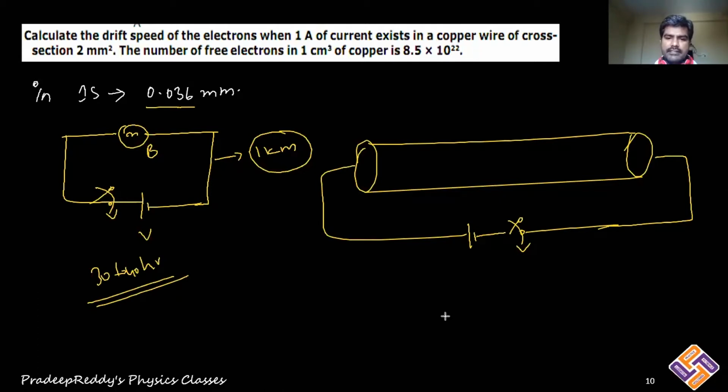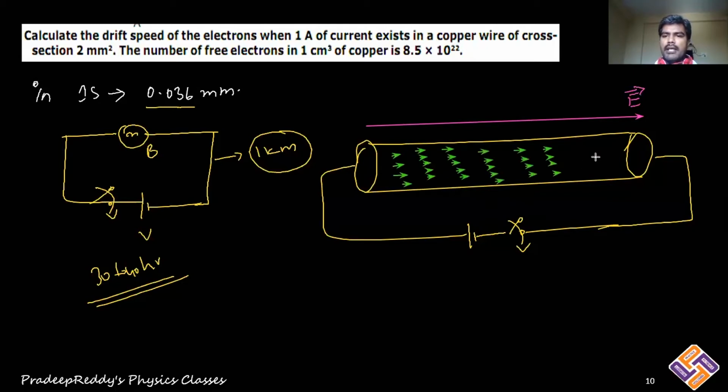that we have already discussed. There is an electric field which is set up from the positive terminal of the battery to the negative terminal, and this is electric field E. And all the electrons which are present over here are drifted in a specific direction. All the electrons are moving in the same direction under the influence of the electric field. Don't call them electrons, I am considering this as positive charges because they are traveling in the direction of the electric field. This is conventional current. I am talking about conventional current. So again, don't get confused. So conventional current is being set up within this.